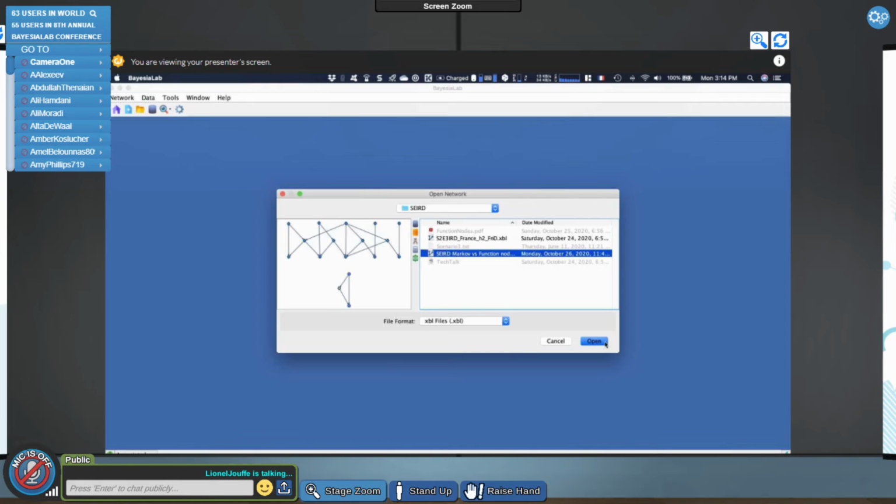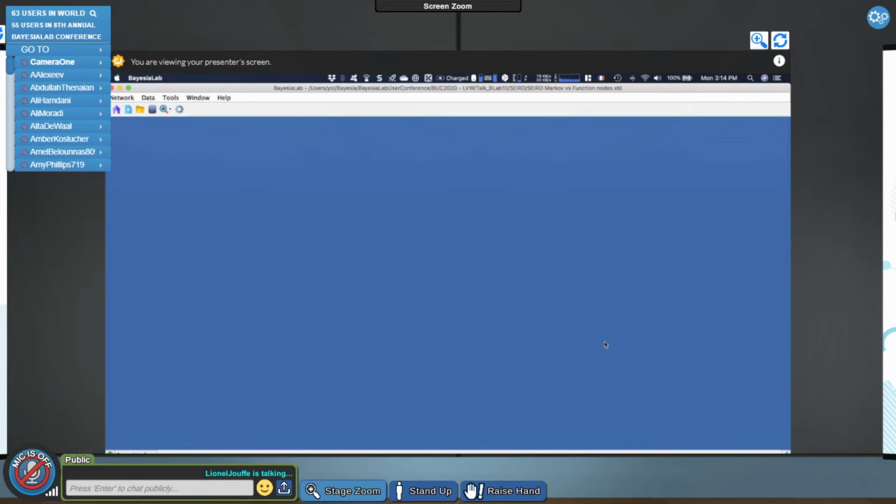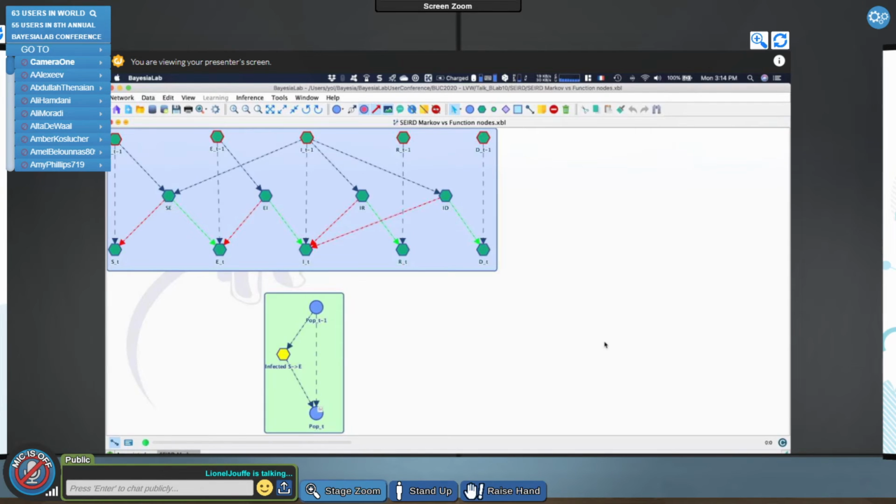I'm going to open this one because, if you have seen the webinar, perhaps you remember that I was using a very simple network with a conjunction of function nodes and discrete nodes that were just binary nodes, just to implement the memory. This was because we did not have any temporal function nodes.